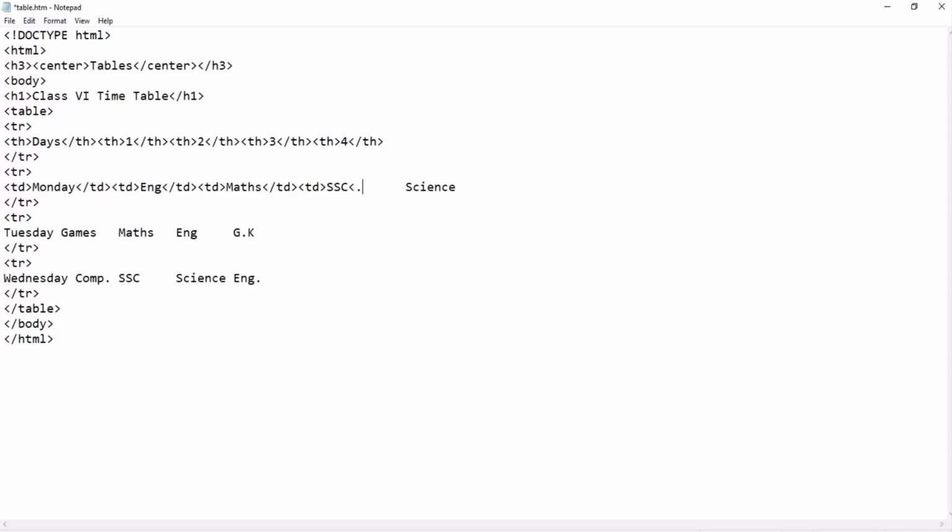Then again starting, and after that again the /td tag. Clear? So for every piece of data I have to do this.